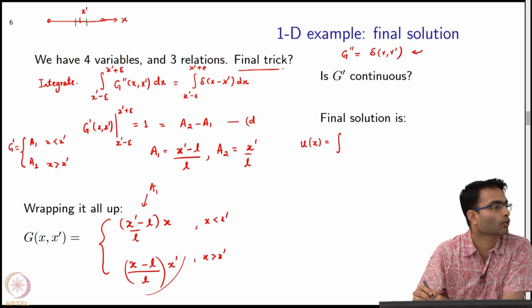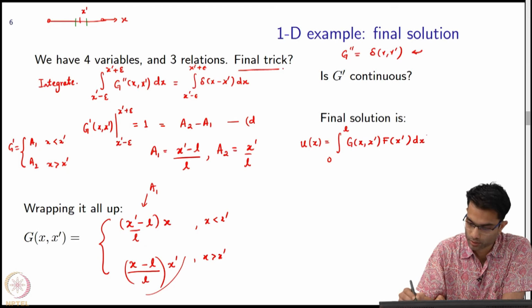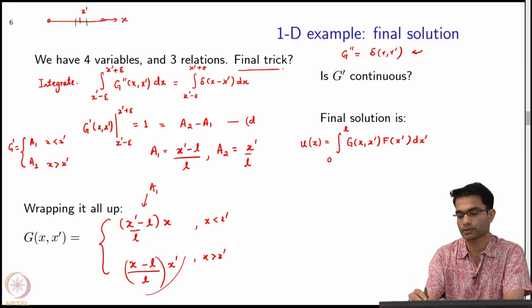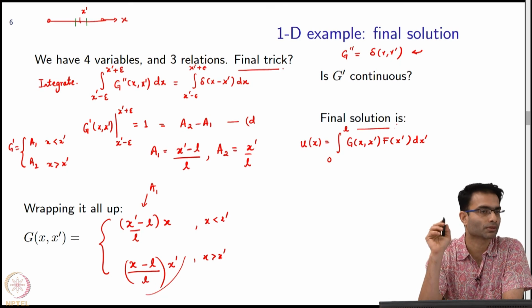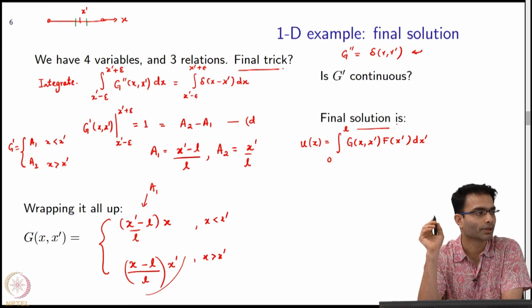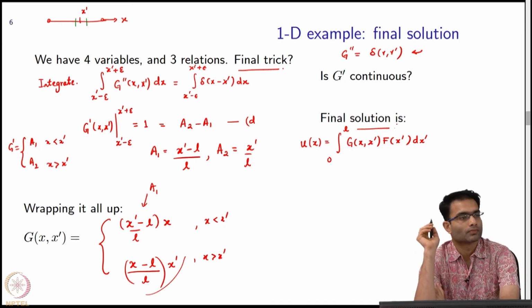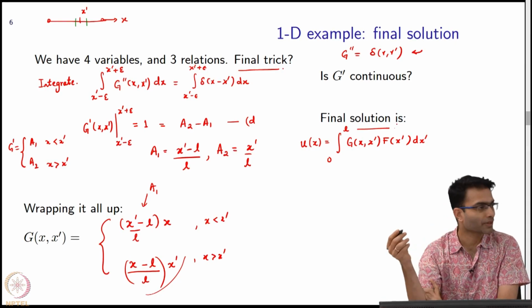I am going to integrate over 0 to L, right, and that is going to be g of x, x prime, times F of x prime, right. This is the solution, where capital F is any applied force now, which is given to me in the problem. Okay. So, I have just applied the whole machinery of impulse responses, given it a new name Green's function,